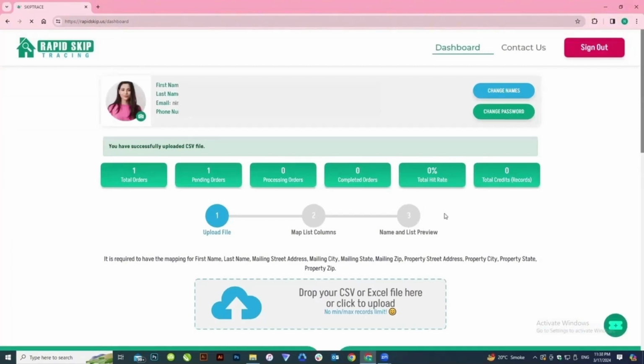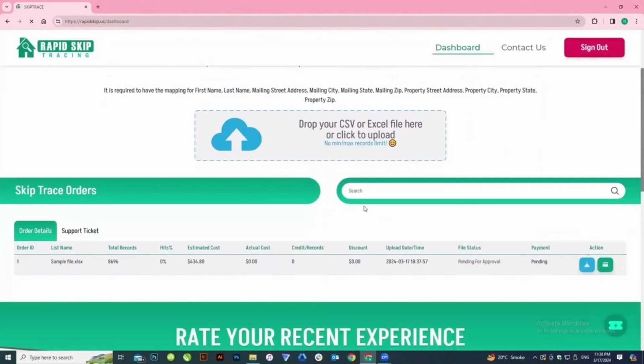The process is as simple as that. And we can see over here in Order Details, if we scroll down just a little bit, we can see that our file over here is still pending for approval. All we have to do now is pay for it. Now, if we go to Pay Now,